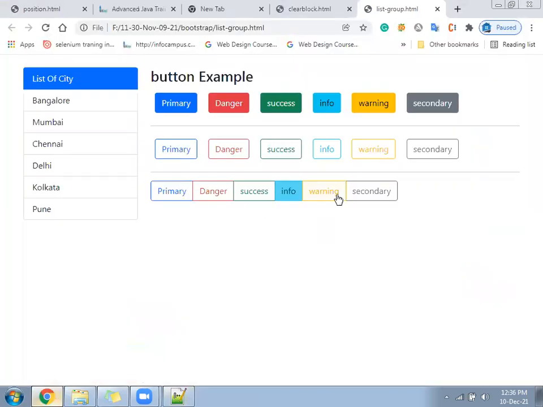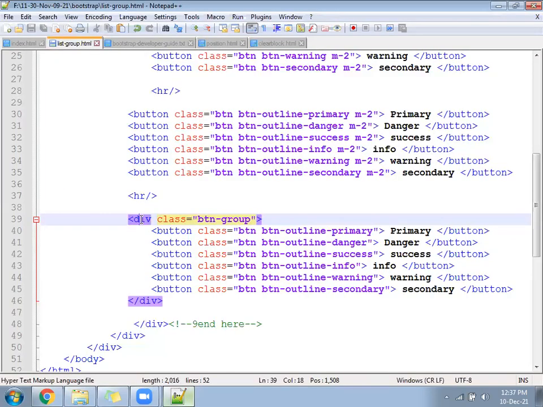Something like this. There is no gap between any buttons. The lining is coming very smooth. That is called btn-group. With the help of btn-group, we can make multiple buttons without any space.